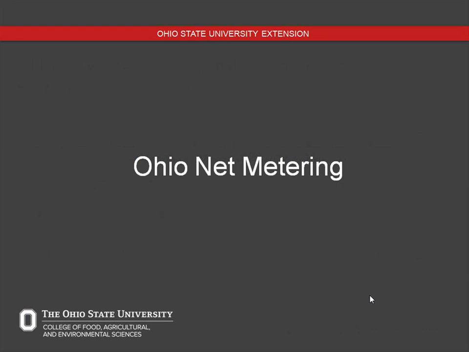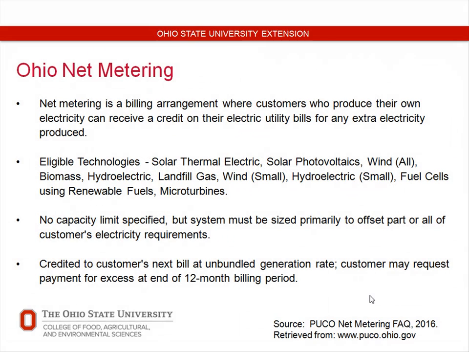Let's look at net metering for a second. So with net metering, how many are familiar with net metering? Okay, a lot more of you are familiar with net metering than you were Senate Bill 221. That's good. Net metering, essentially we're talking about a billing arrangement between you as the owner of a generator and your utility provider, okay? Net metering was originally enacted in Ohio in 1999 as part of the electric restructuring in Senate Bill 3. And originally, the PUCO was requiring that our utilities would compensate system owners that were generating their own electricity at the full retail rate of that energy.